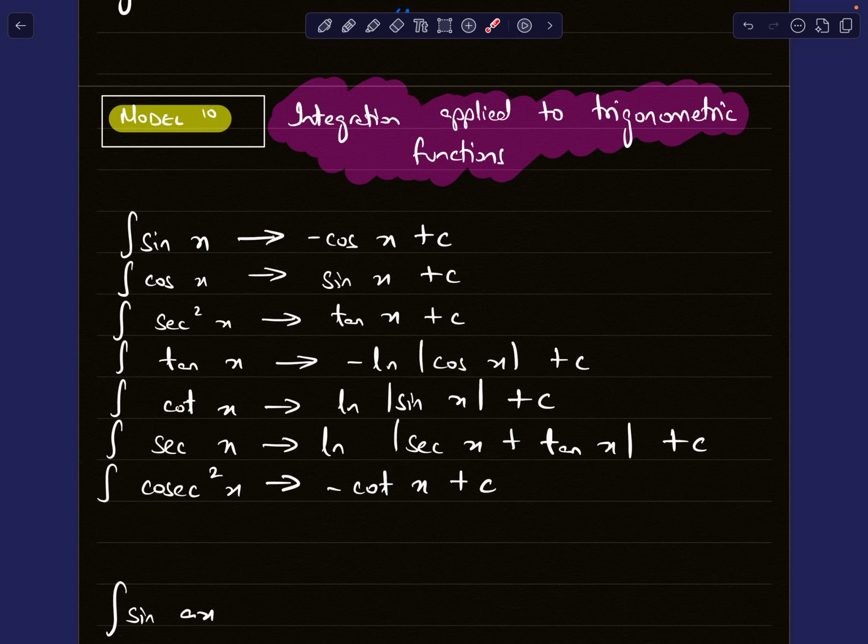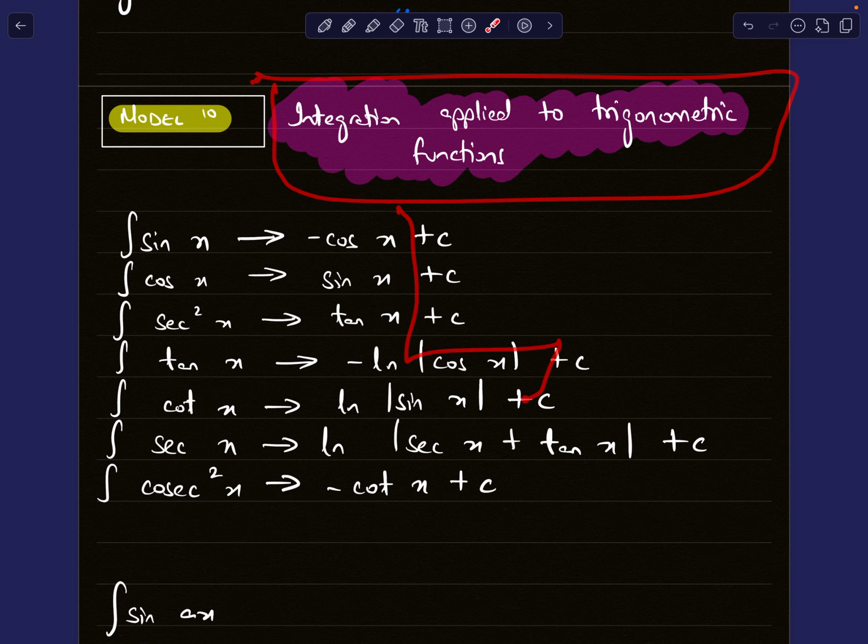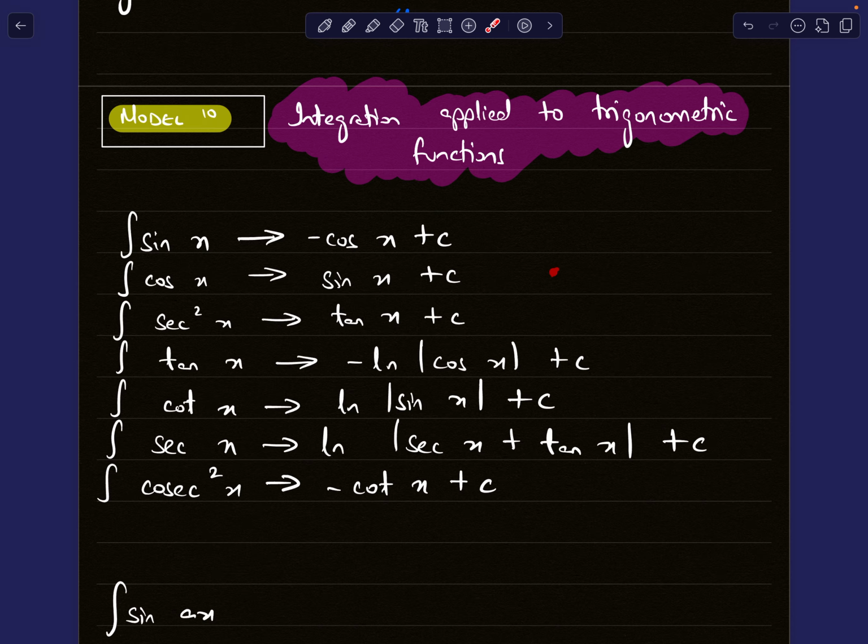So, integration applied to trigonometric functions. First things first, we have a c in all these things because it's integration, and we can find the value of c by substituting the values of the given point. Now, focusing on integration and trigonometric functions specifically,